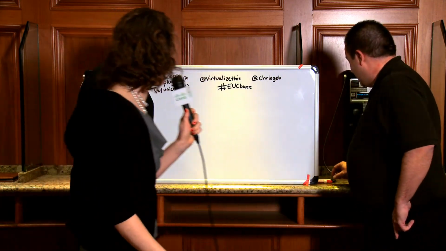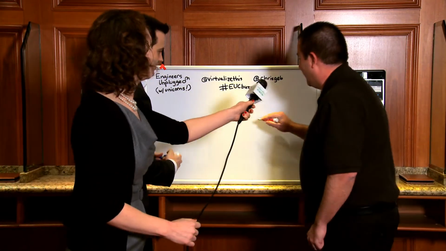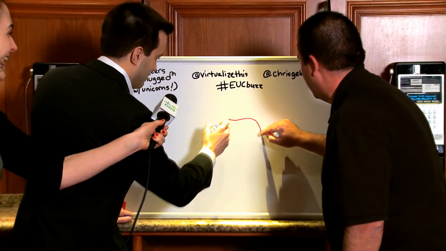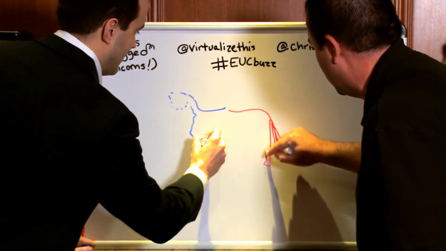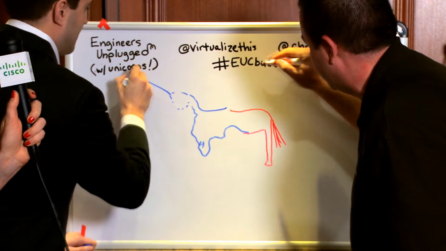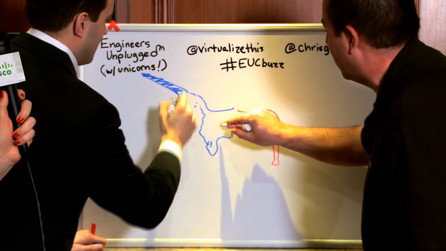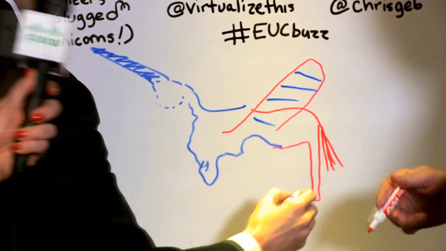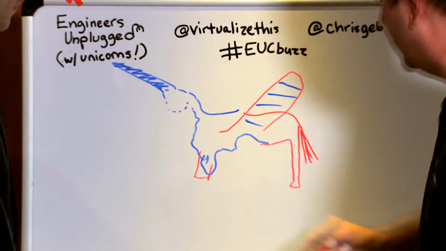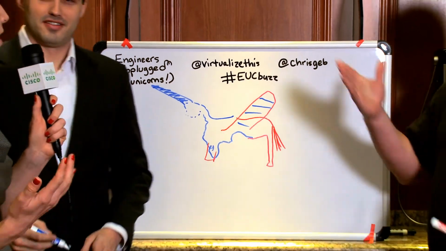Go. It's unicorn time. I'll take the back end. Back end? Okay, start with the back. You're going that way with the horse? Okay, so you're going up here, got a little horse's head, and you're going the right. This is fantastic. Can you see? Look at this teamwork. Wow. Viewers,